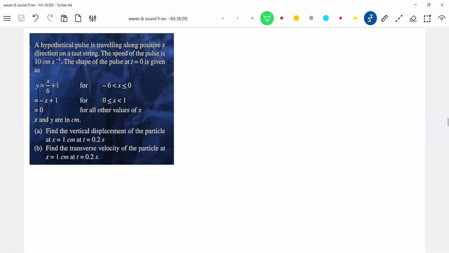You know the equation of a straight line. Construct the pulse. You have to construct the pulse here. So let's start with the origin. Rather than giving the pulse, they may give mathematics. They'll ask you to construct a pulse. Put x equal to 0, y will be 1. The best thing you can do is put x equal to plus 1 or x equal to minus 6.